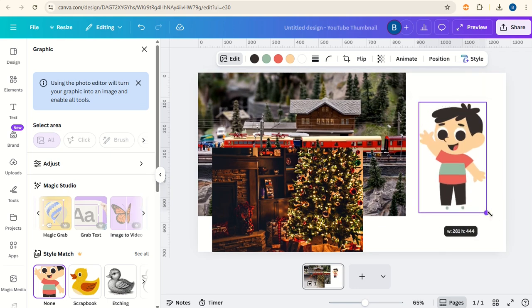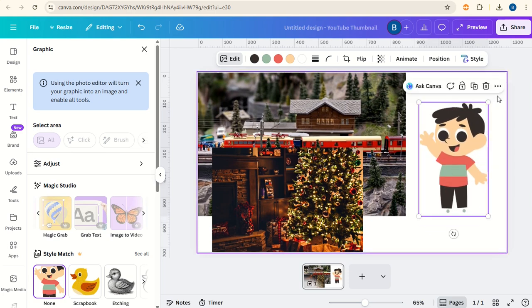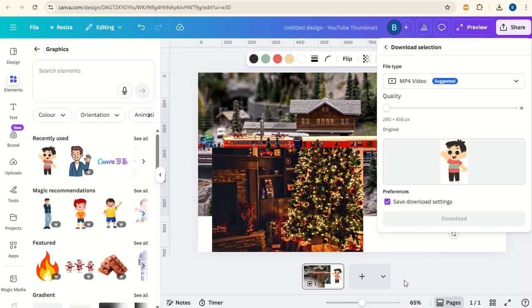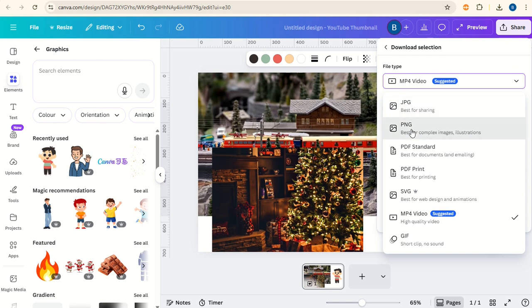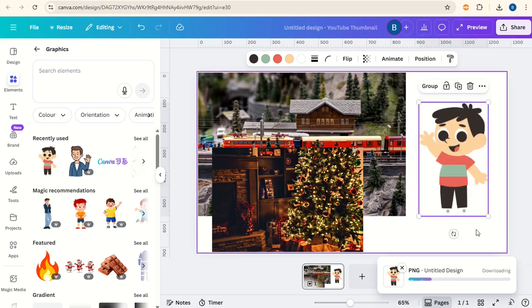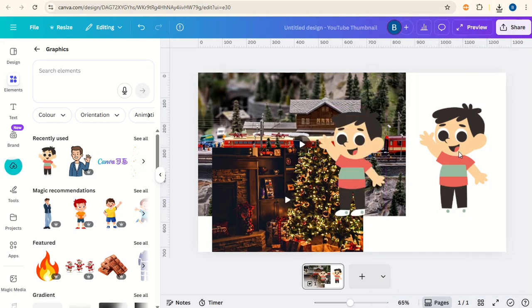The quickest way to do that is just to enlarge it, duplicate layer one on top of the other, and then select them both, right click and download selection, and make sure this is set to PNG, and we'll give it a transparent background and increase the size. And then we'll download. Now upload that new image, and you can delete the old ones,